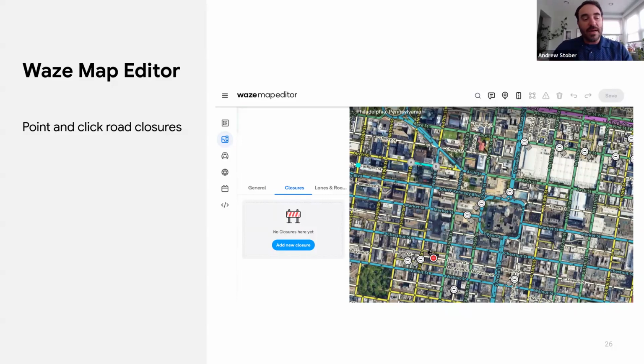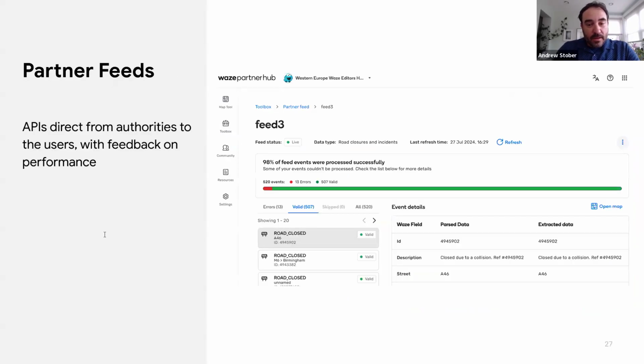And next, we'll talk a little bit about how you can send us a feed of information as an API and keep that updated in real time, and that includes closures as well. So we can go to that next slide. We have hundreds of partners around the world who send us feeds about both incidents and closures. We accept them in a variety of formats, a format that we've defined called KIFS version 2. For those of you who might be familiar with the Work Zone Data Exchange, we also accept that as a format. And we can ingest those directly, put those road closures and all those alerts on the map, and update them as frequently as you update that information to us.